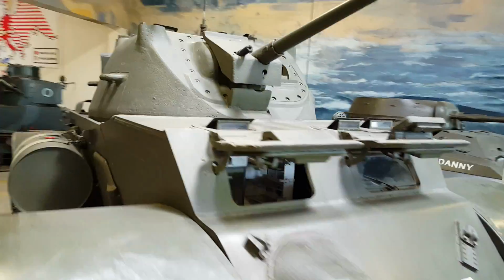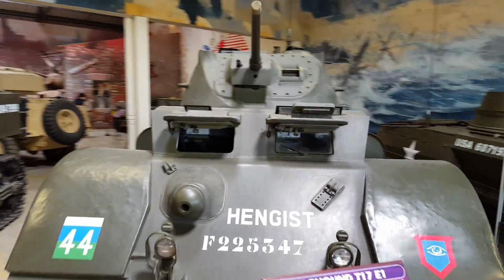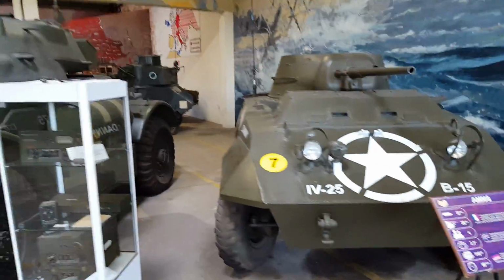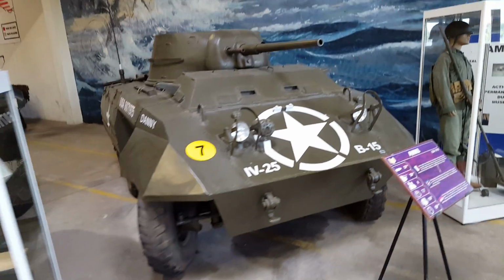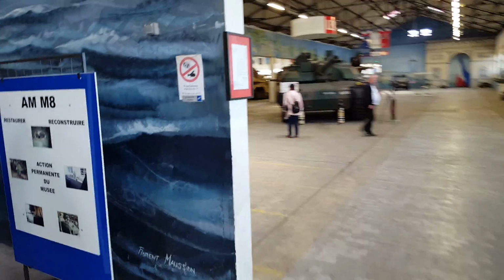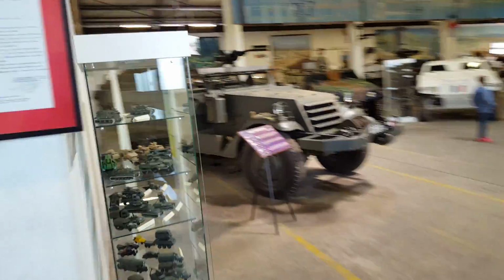Staghound. Designed by Chrysler, not accepted by the US. It was tested. It went somewhere else. Of course, the Staghound was widely used by the Commonwealth. So we now move into a more modern section,